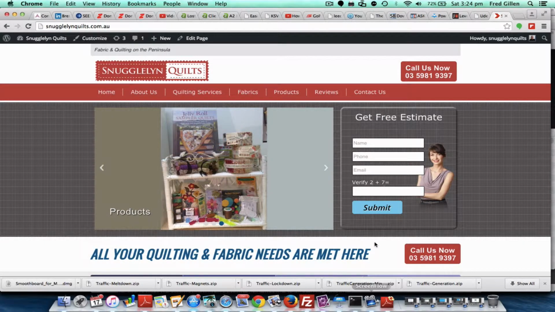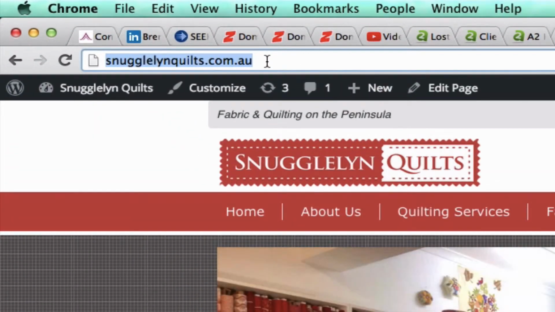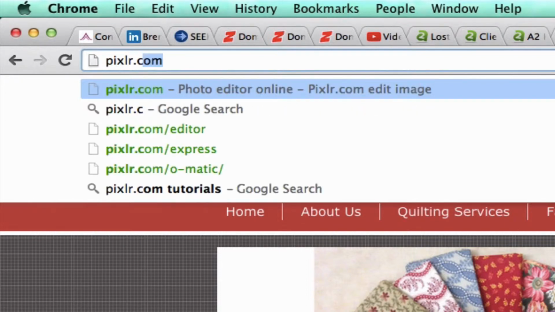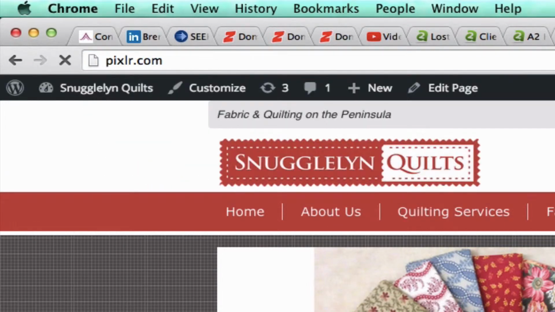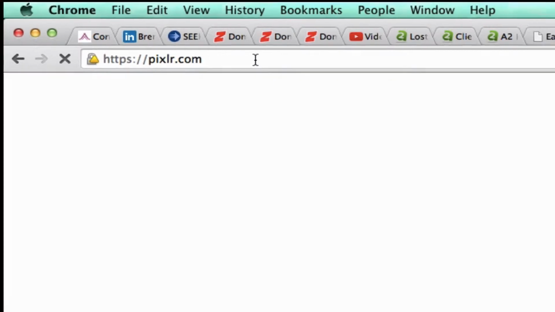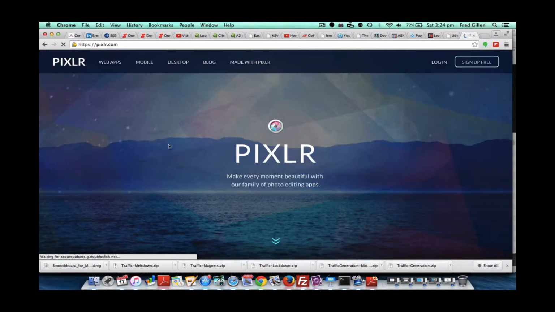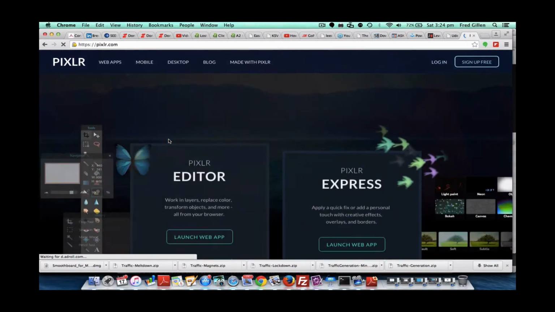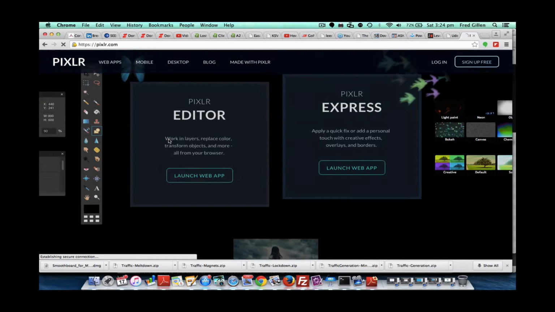So first thing we need to do is go to the online photo editing website, which is pixlr.com. So if we go there, if you scroll down the screen, you'll see the Pixlr editor and launch web app. So we'll select that